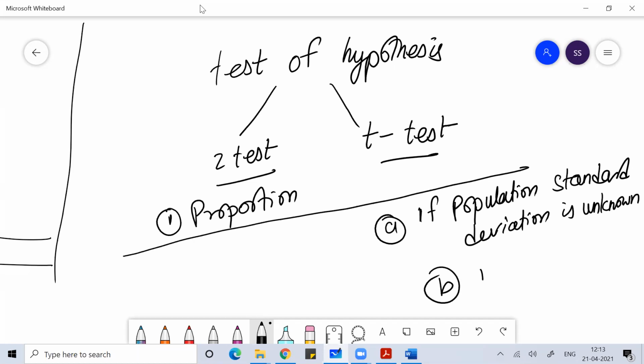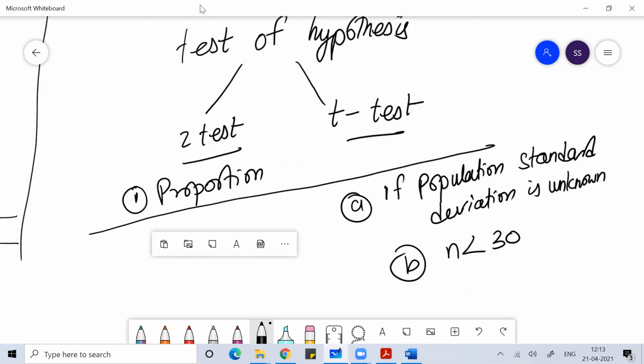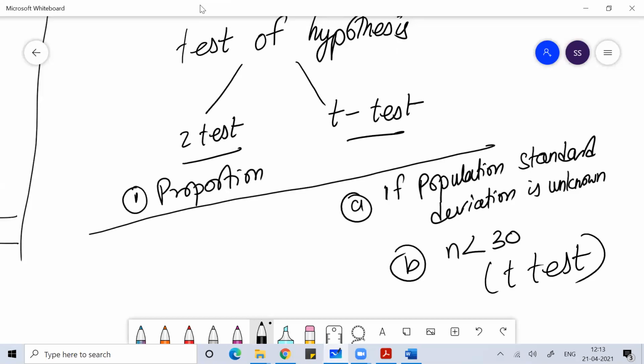and you see that the number of data is less than 30, then we do a t-test on that. Otherwise we always do a Z test only. Always remember. In the exam you get a different table for Z test and for T test.